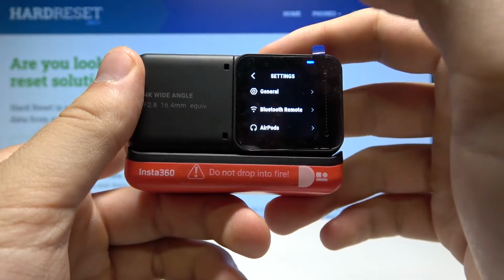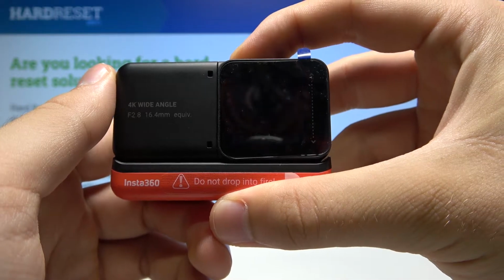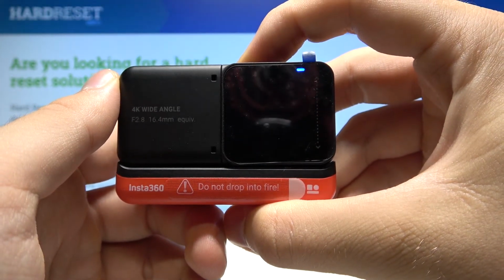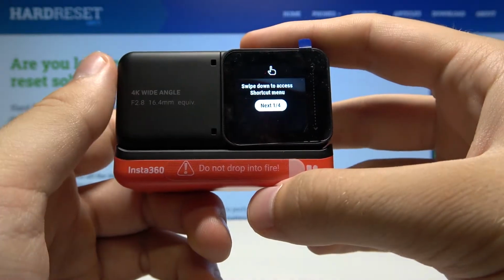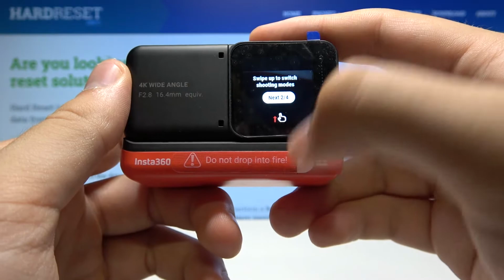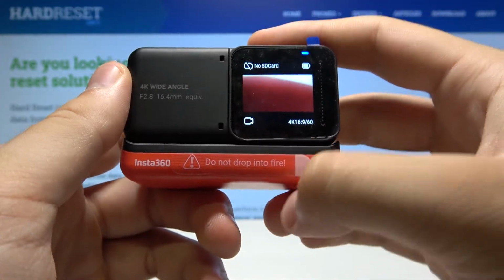And right now, when you turn off the camera and then turn it on, we'll be able to get our beginner guide one more time. So here we can go for the next steps and just finish. So that's how it